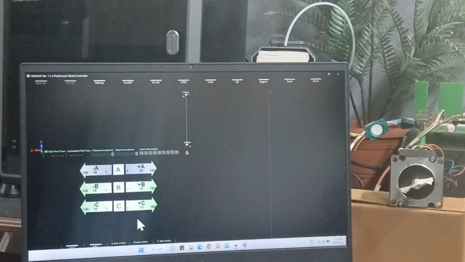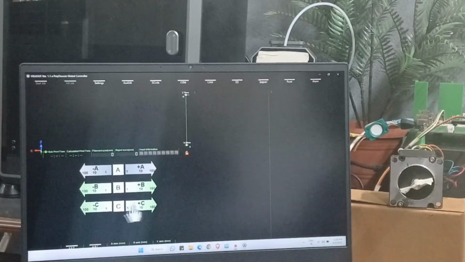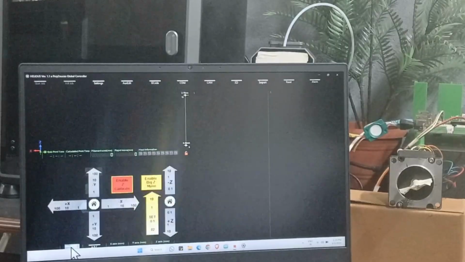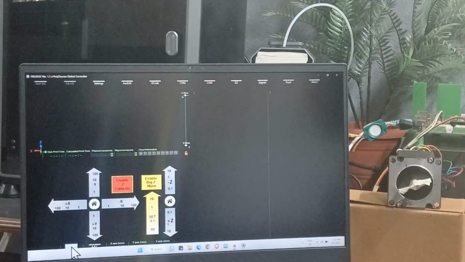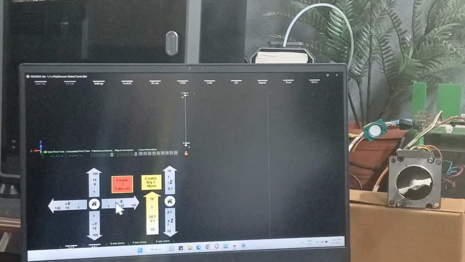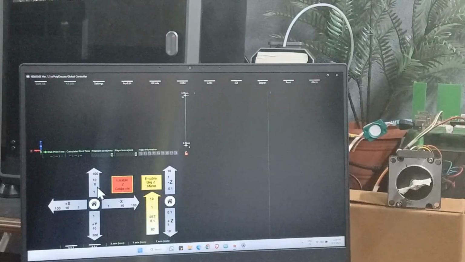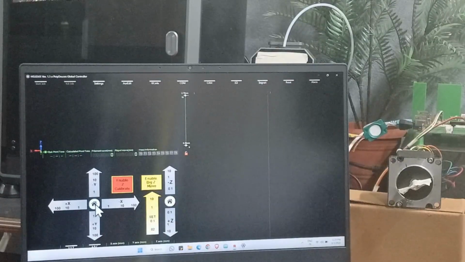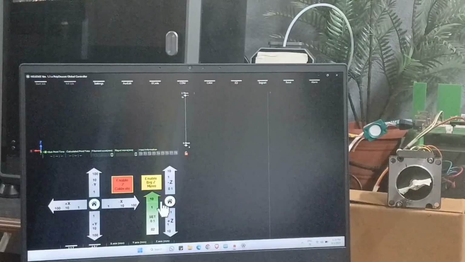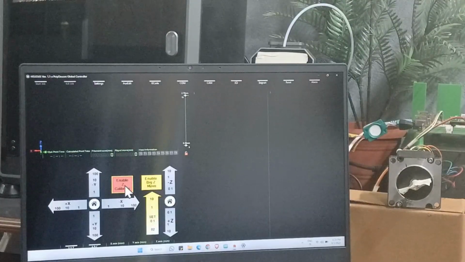So basically, this is for controlling the movement of the X, Y, Z axes. You can see these arrows here, X, Y, X negative, Y negative. The home button is for the rest position. Then we have Z calibration, which is for ensuring accuracy of the tool.